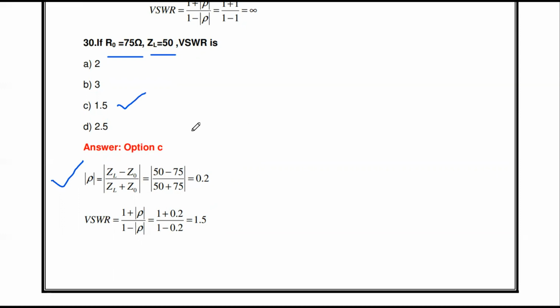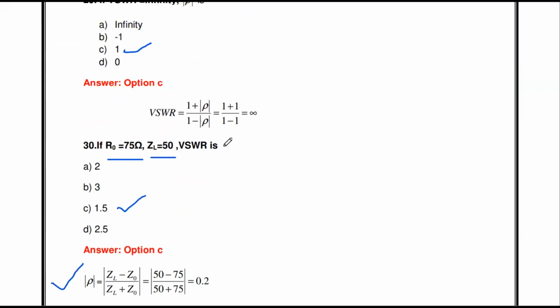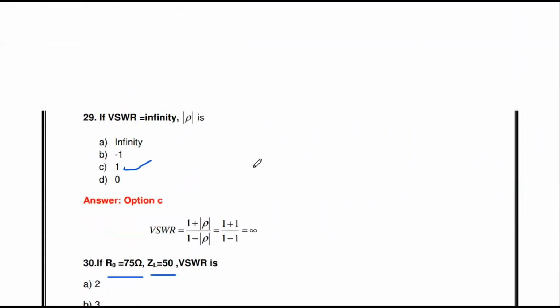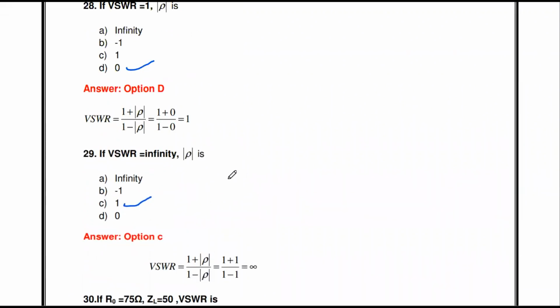Okay. So these are some of the questions about the scattering matrix and the reflection coefficient, the relation between VSWR and reflection coefficient, if the line is lossless what is the VSWR value, and so on. Okay. In the next video, we will see about the directional coupler and power divider, magic T and so on. We will discuss the questions.